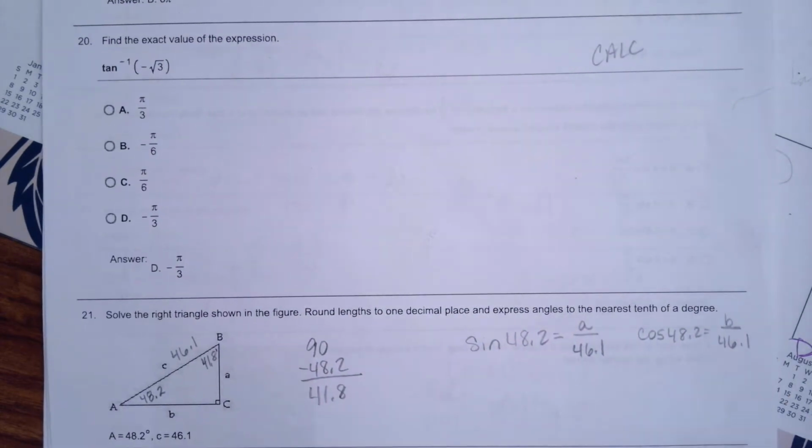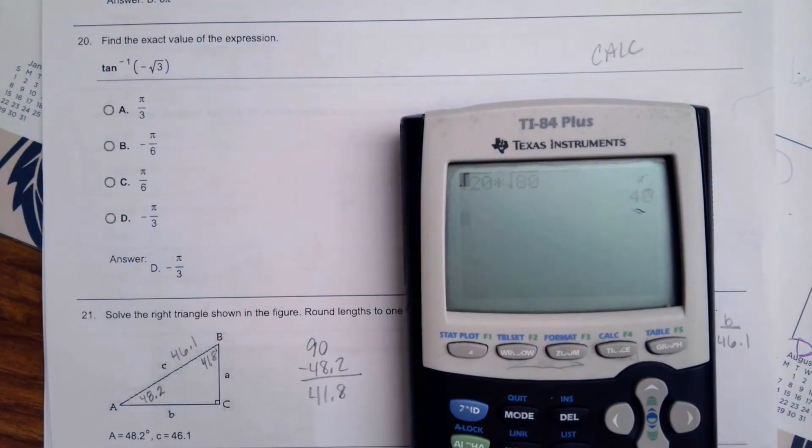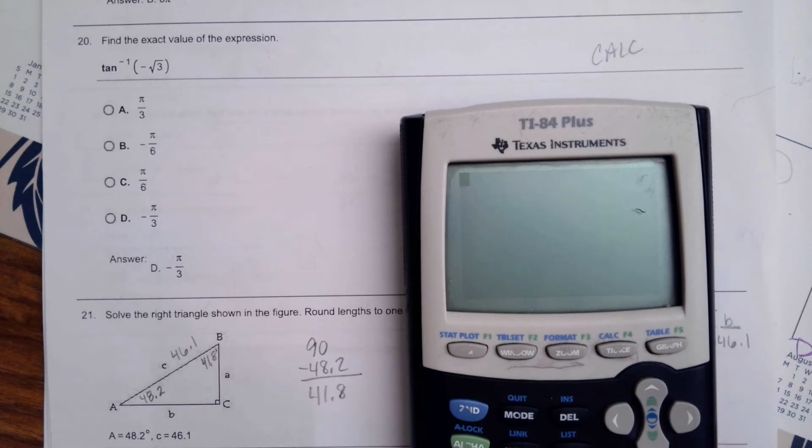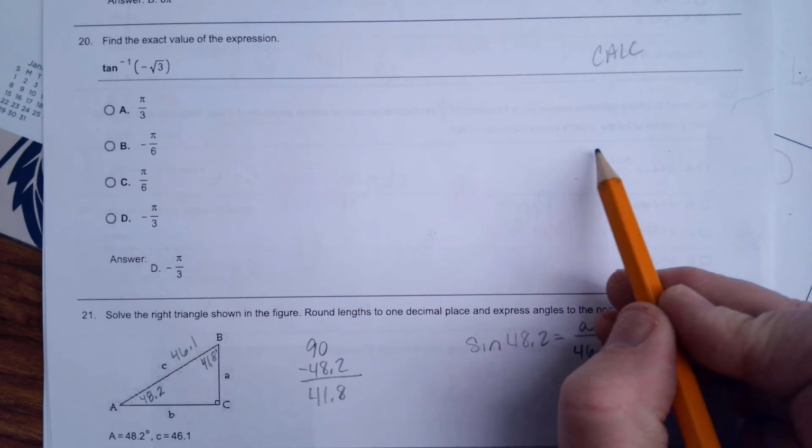Find the exact value. So we're going to use our calculator. Make sure your calculator is in degree mode. And we're going to do second tangent. Oh, we don't want to use the calculator here. We want to use the unit circle. I was going too fast. On the unit circle,